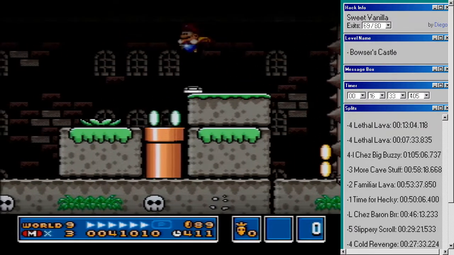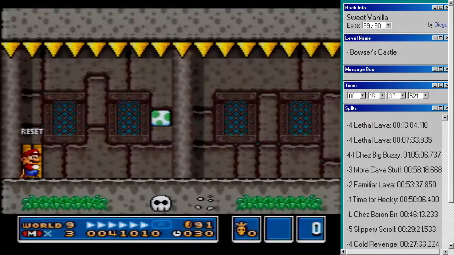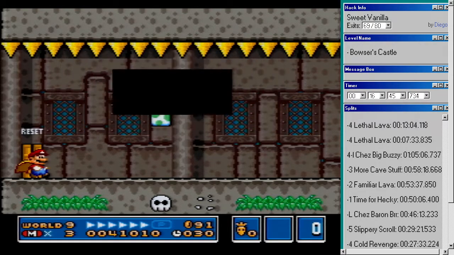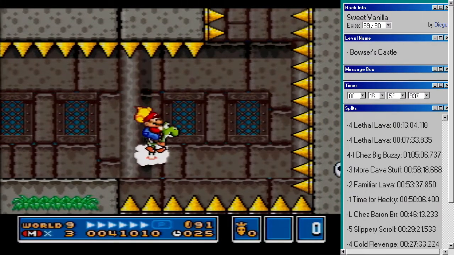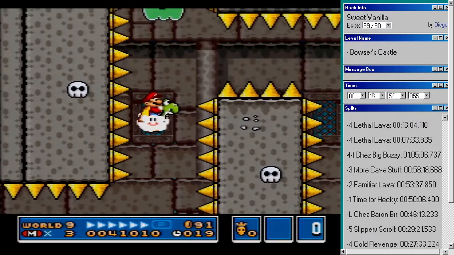Alright. Don't feel any of this was necessary. Oh, would you look at that? I wonder who set your timer to 30 seconds. Better hurry, worm. Wahaha. Reset door. Alright, at least the reset door works. Or I can save the last reset door I saw. Or why I'm going to have to reject this hack. Okay, 22. This doesn't feel...